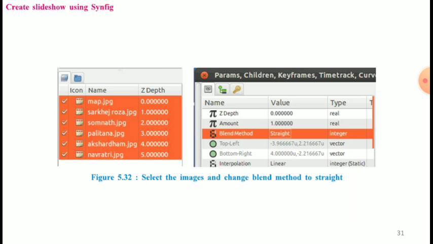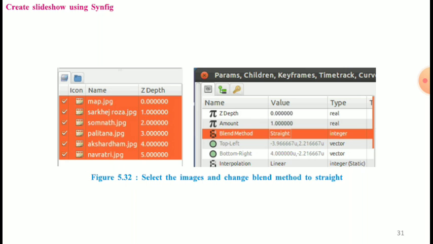Okay, and next step, press the shift key and select all the images in the layer panel, and go to the parameters panel and change the blend method to straight for all the images as shown in figure 5.32.